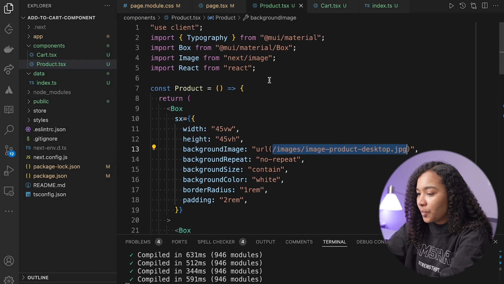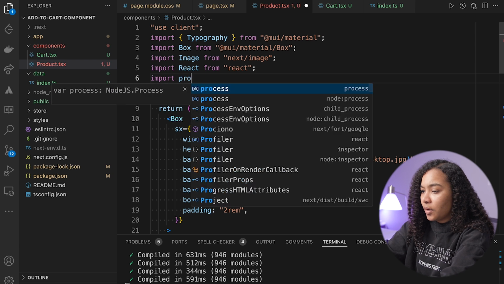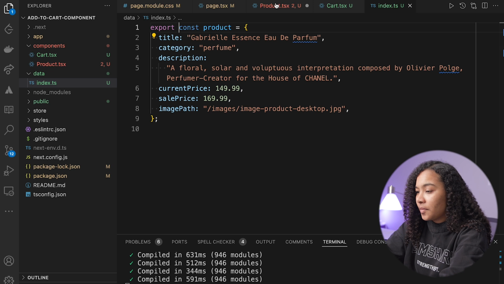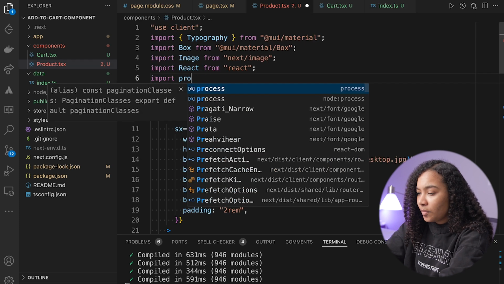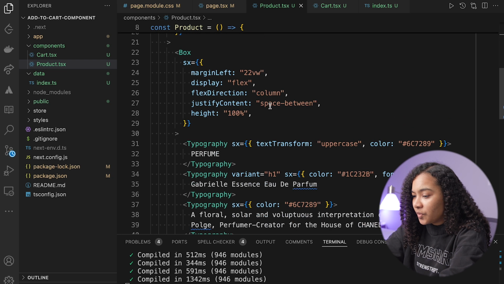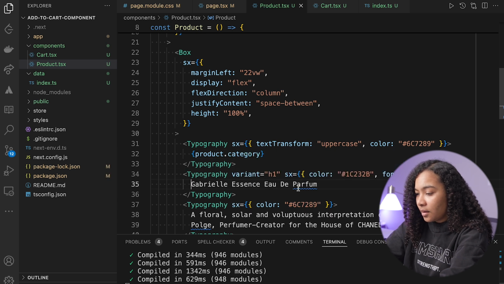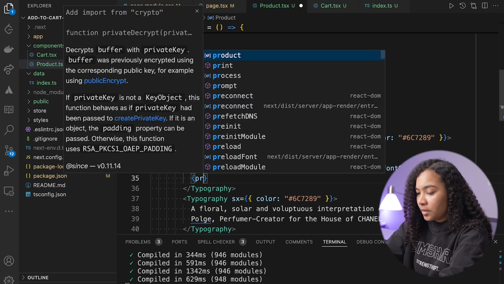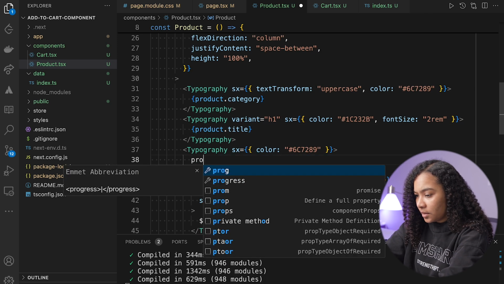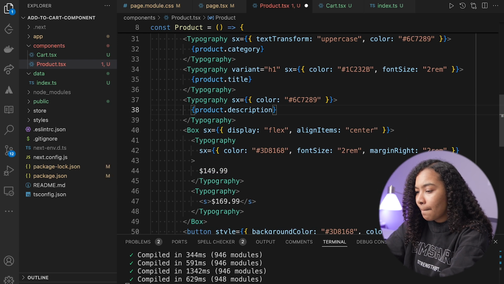So what I'm going to do now is import product. Oh, and I should probably export product as well. Export const product. Import product from data. And then I'm going to use that information here instead. So I'm going to say product.category, product.title, product.description,